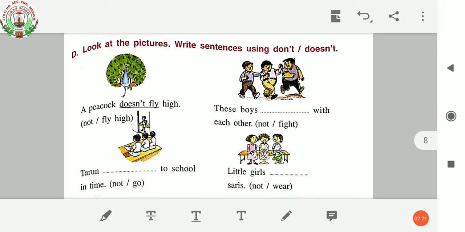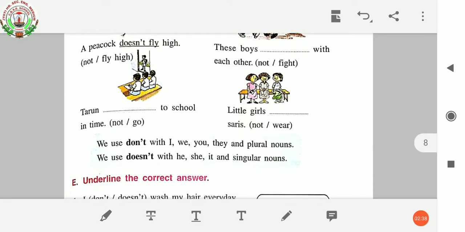So what is written here? The question is, look at the pictures. Write the sentences using don't or doesn't. So you have to look at the pictures and use don't or doesn't. First of all,